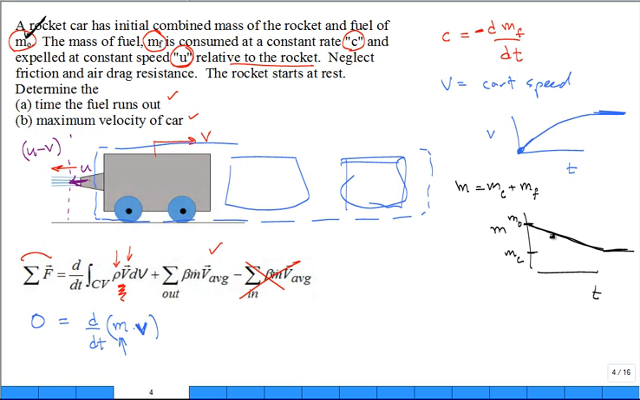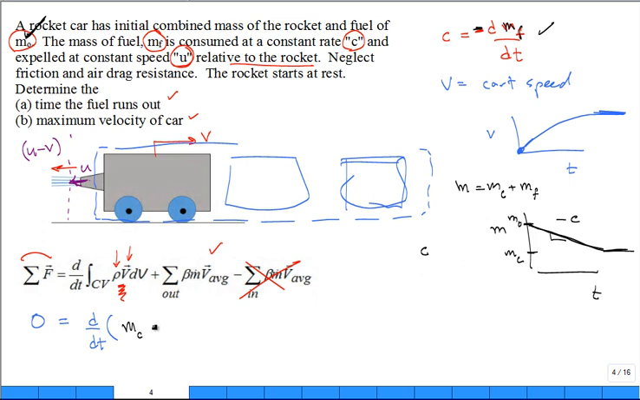And the slope of this line is negative c, the rate at which c is right here. The mass of the fuel in the rocket is decreasing with time. Okay, so we could expand this term right here. We could put the mass of the cart plus the mass of the fuel, which is